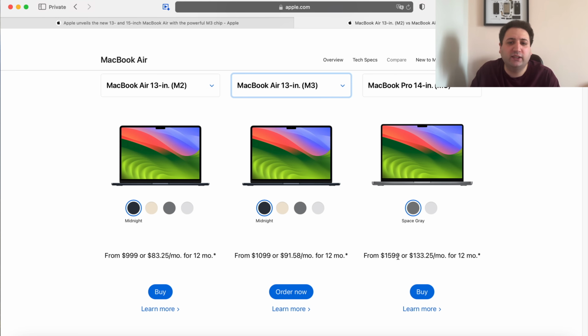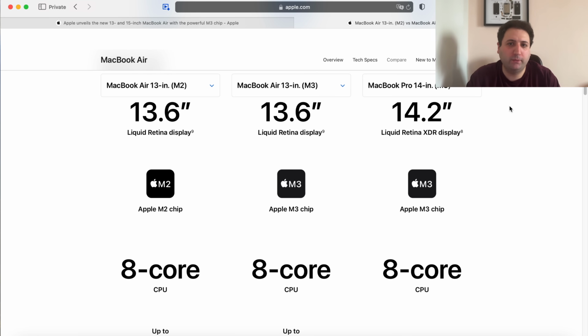However, you have to consider that this does come with 512 gigabytes of base storage, though it still somehow only comes with 8 gigabytes of unified memory. So there's a lot we have to consider here. Now, to me, the most important consideration you have to make while getting one of those MacBook models is the screen. Once you adjust for storage and RAM needs, you're very close in price, and then you have to ask yourself, is $200 to $300 more worth it for me, and can I even pay that, of course, to get a much better screen? Because obviously you move from a 13.6-inch Liquid Retina display to a 14.2-inch Liquid Retina XDR